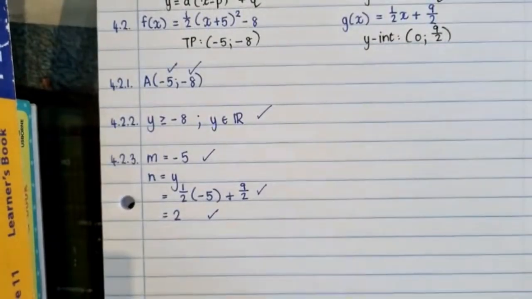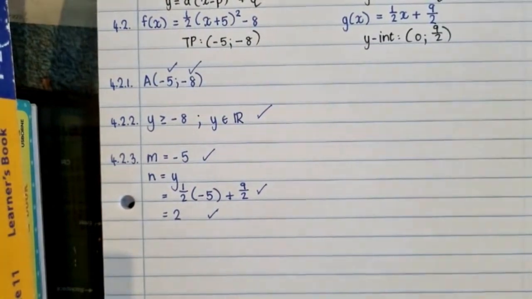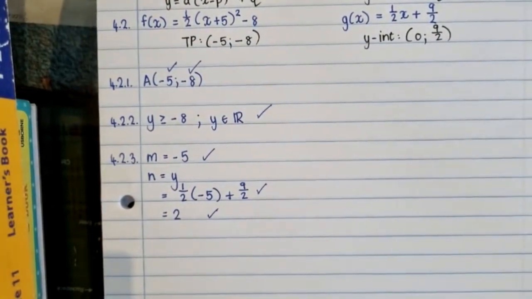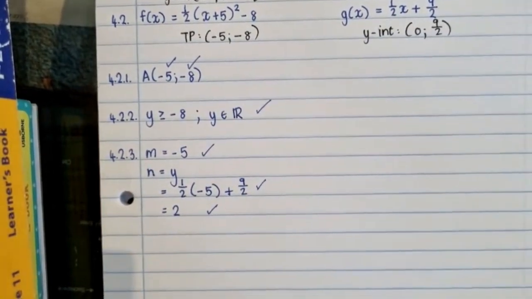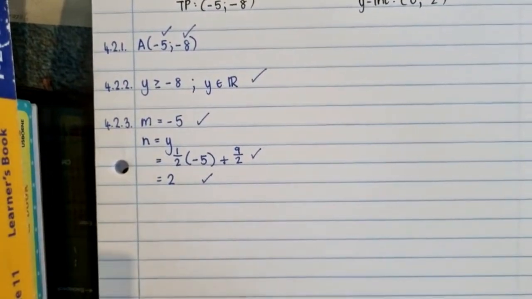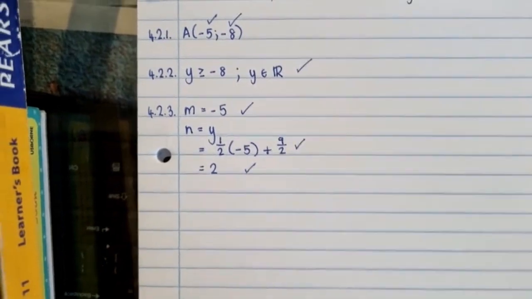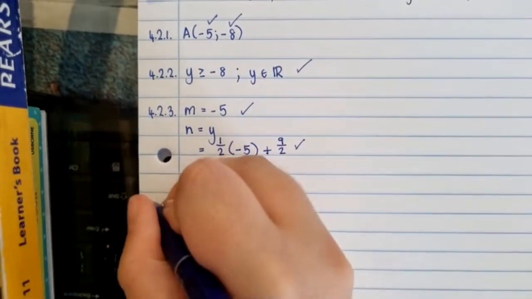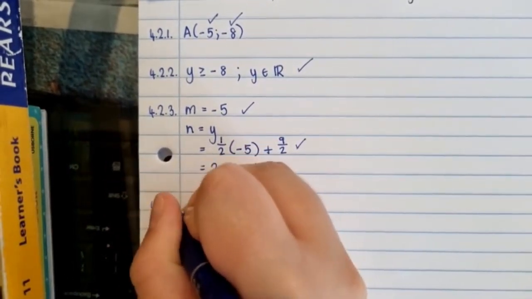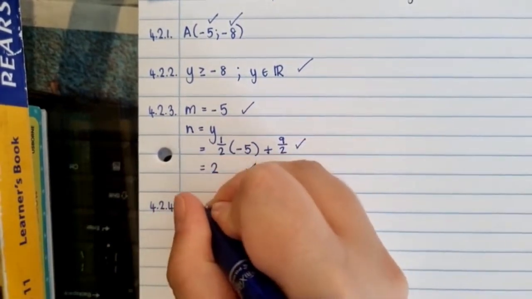Now I suggest that you write this all in one line. I know that some people, when they're calculating separate areas, prefer doing them separately and then adding them together. But I always suggest to do it in one line. It's less writing, it's less space for error. So let's try that. So area of